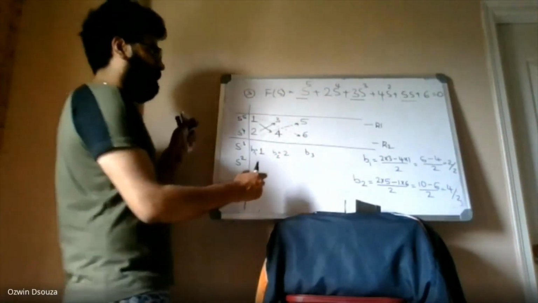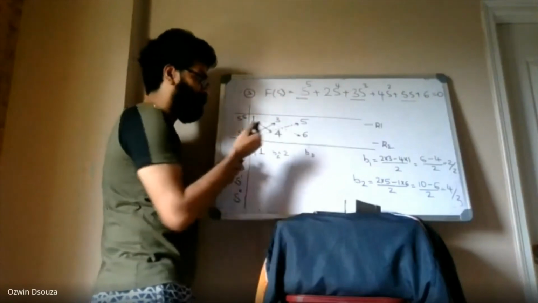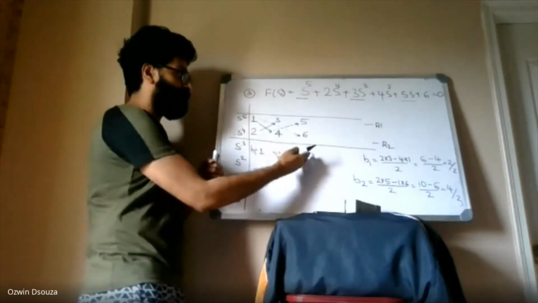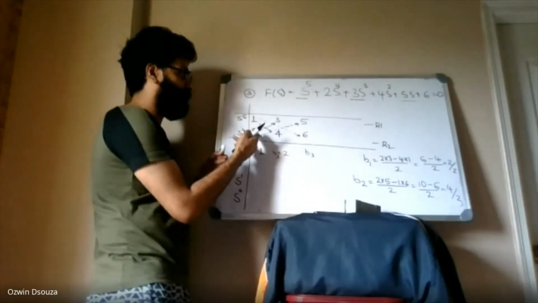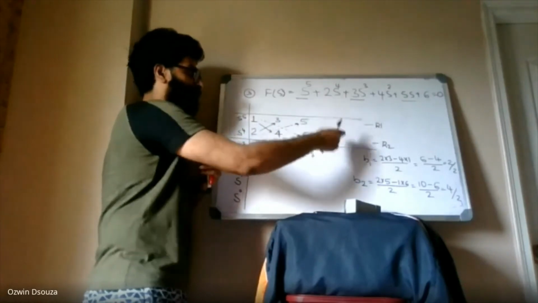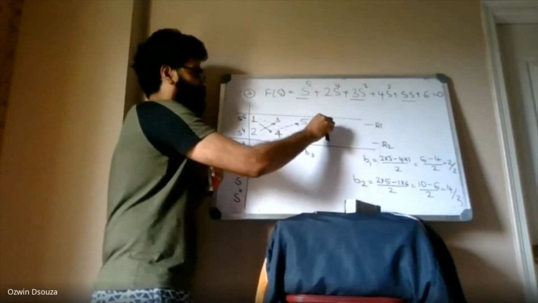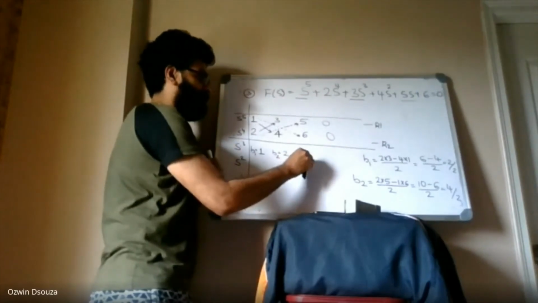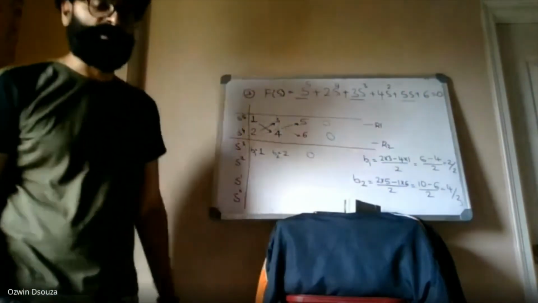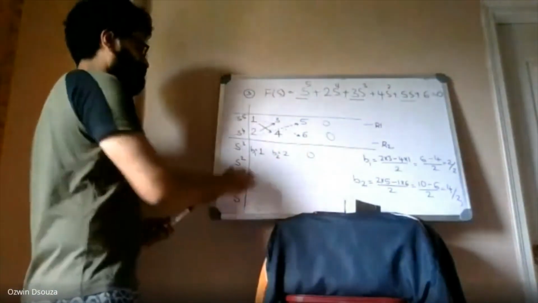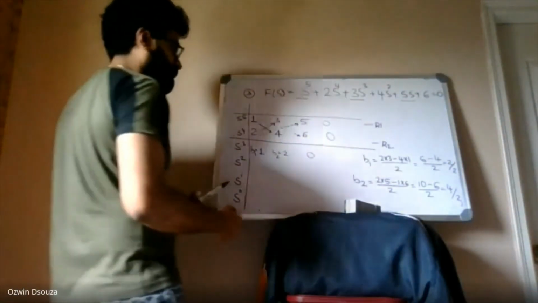Now I need to find out what? Element B3. Can you tell me what could be the value of element B3? To find B3, I should multiply 2 with these elements. So I don't have elements here, right? Basically, you have 0 and 0 here. So B3 is nothing but 0. You cannot determine B3, so you can just substitute it as 0. All right, so B1, B2 you have found out.